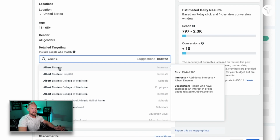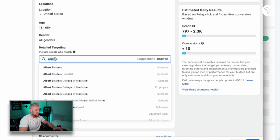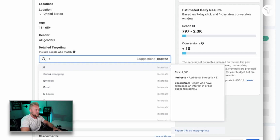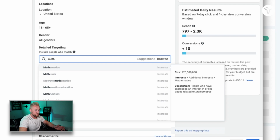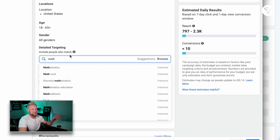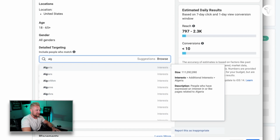Clearly an interest target right there, okay? Let's just say mathematics in general, right? 220 million in that one. That was pretty big. Let's narrow it down a little bit. Let's say the type of math. I was terrible at this in high school, but algebra. Okay,